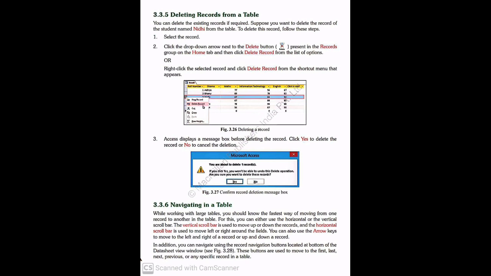Next is navigating in the table. While working with large tables, you should know the fastest way of moving from one record to another in the table. For this, you can either use the horizontal or the vertical scroll bar. The vertical scroll bar is used to move up or down the records, and the horizontal scroll bar is used to move left or right around the fields. You can also use the arrow keys to move